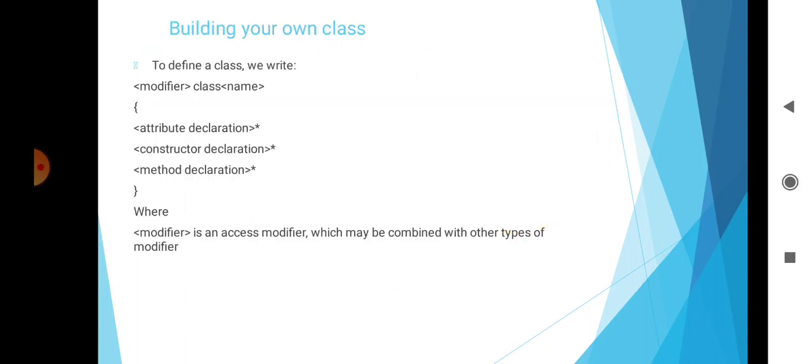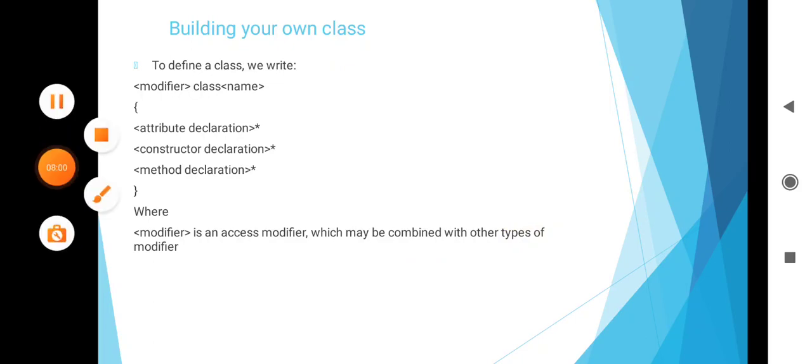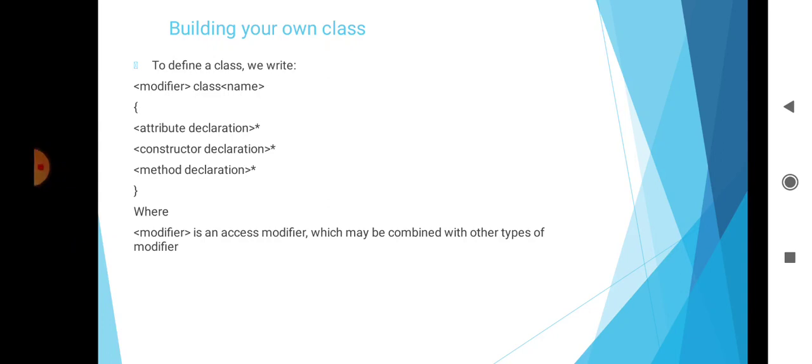Then building your own class. To define a class, you can start by writing simple classes in Java. All those classes had just a single main method. To use Java effectively, you want to create and use your own classes. This is one of the great powers of an object-oriented language: the ability to construct programs out of independent building blocks that cut large problems down into small and easily solvable ones.